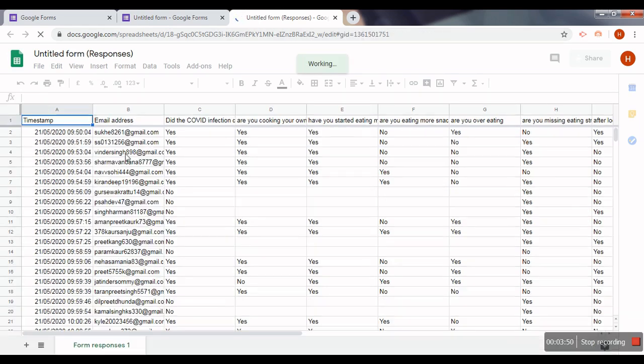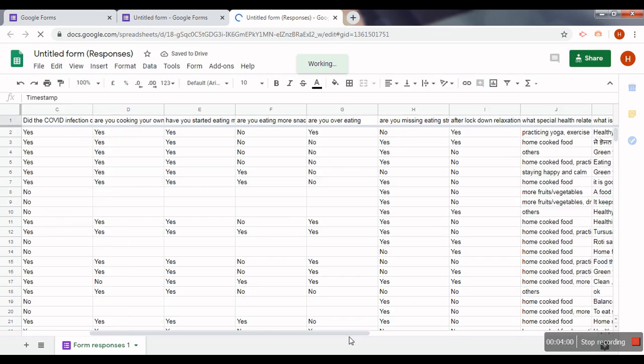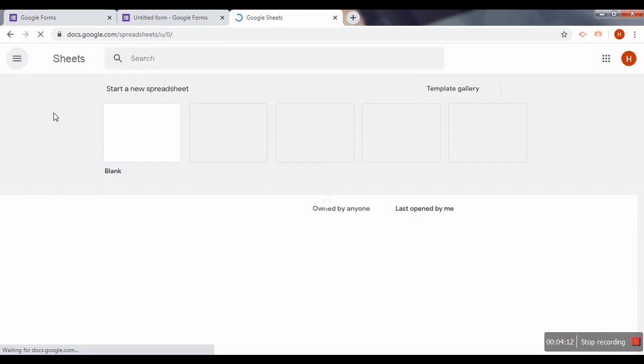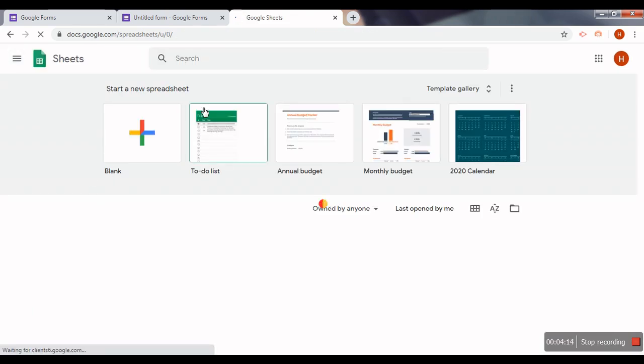So the time when the question was answered, the email address, and for every question, all 9 questions, what the responses were, they have come up in a Google sheet which is associated with the Google form, right? And this is also done automatically by Google Forms, and by clicking on this icon we can download the Google sheet.